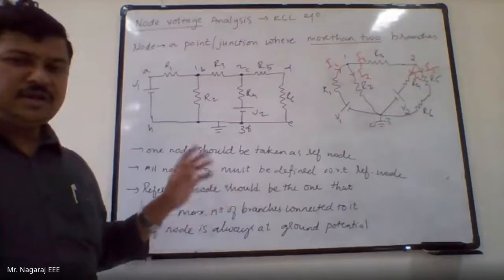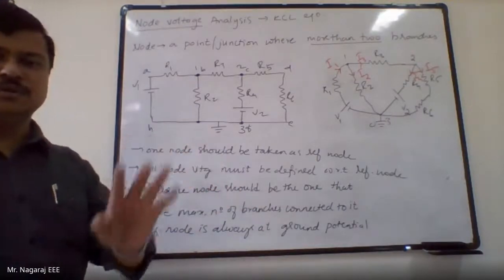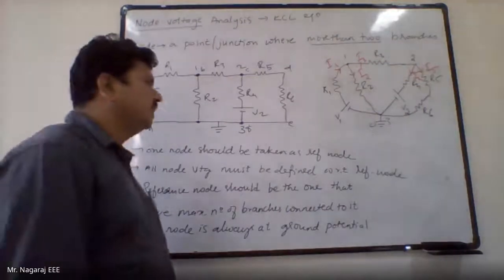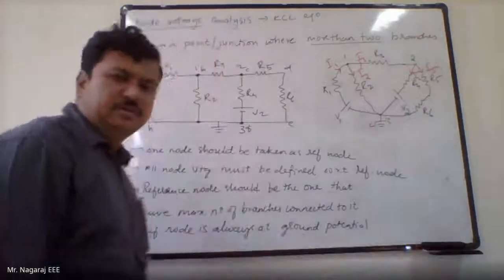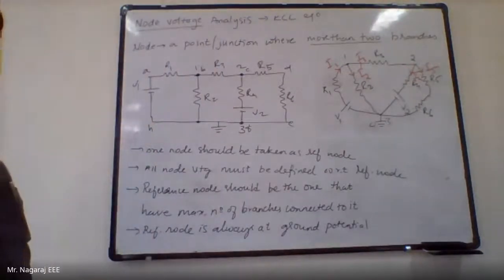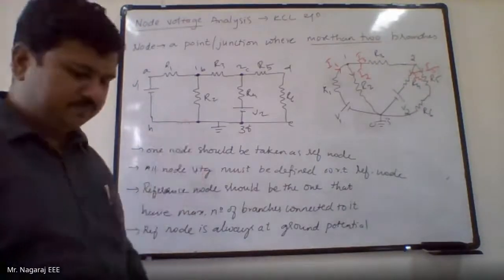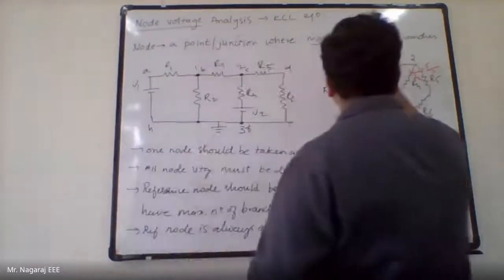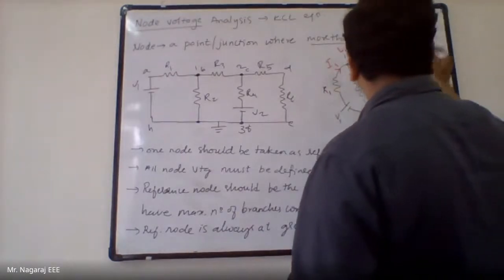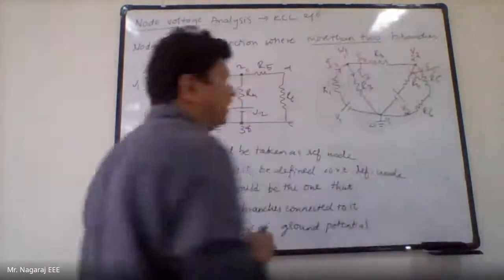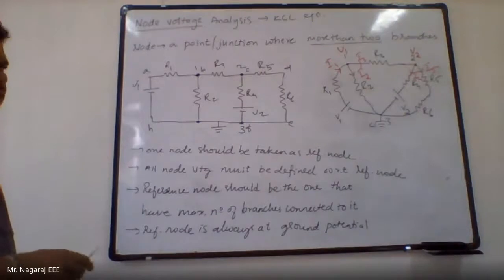Because ultimately when I write the grand KVL equation for analysis, it will come in terms of node voltages. So no worry. I1, I2, I3, the names of the currents in each branch are for my reference. They won't reflect in the equation at the later stage. Ultimately what we get is the nodes. So this is node 1, let this be V1, node 2, let this be V2, node 3 is taken as ground potential.